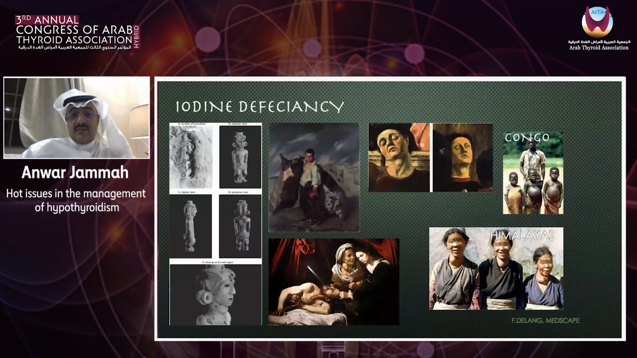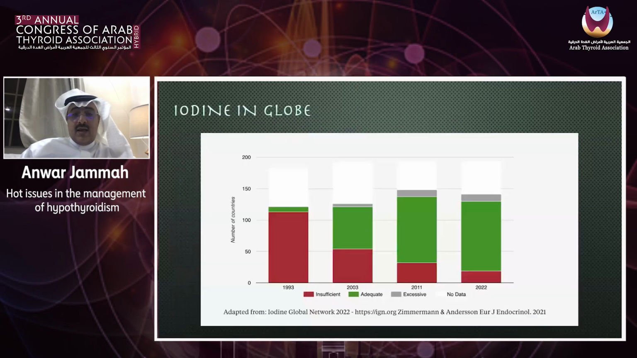For years in the past, iodine deficiency was the most common cause of hypothyroidism, and it is still so in some countries like Congo and the Himalayas. Since 2003 and 2011, there has been a decrease in the number of countries with